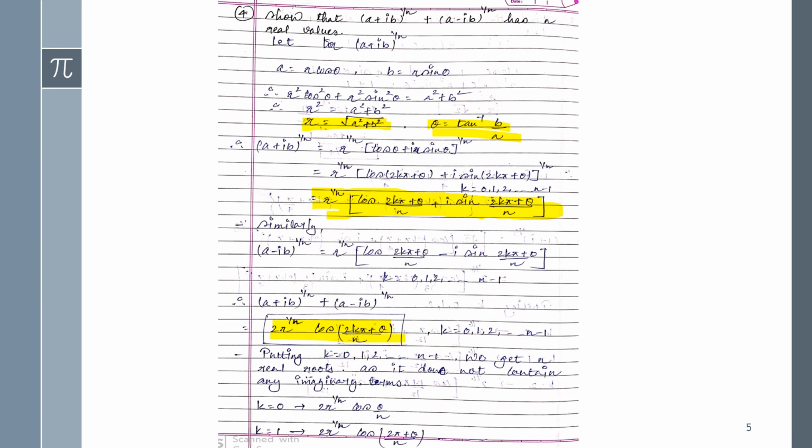Now putting one by one values of k, and here you can see that it's n terms of unity. Here I am finding only one and two, because this procedure is never going to end, since it's given nth power, nth term. So I'm just writing one or two complex numbers. Putting k equals 0, you will get this one, and putting k equals 1, you can get this kind of term.